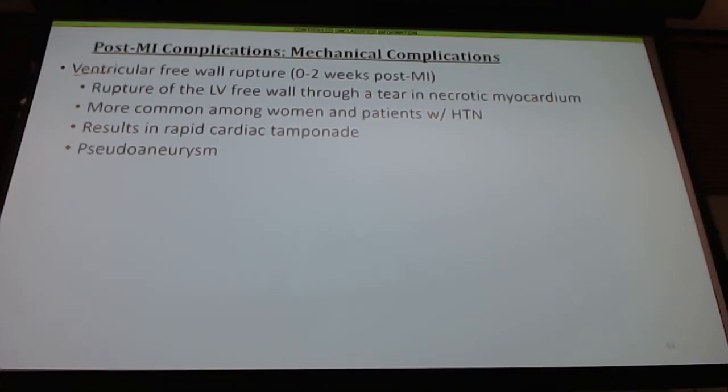If we had a transmural infarction of the ventricle wall, and now I have cell death that goes the full thickness of that muscle, I lose that integrity, that strength of the muscle, and when you have systolic pressures being generated in that left ventricle, it can cause that wall to rupture, and now you're bleeding out from the left ventricle, potentially into the pericardium. And that can lead to cardiac tamponade and death quickly because you're bleeding out from the heart.